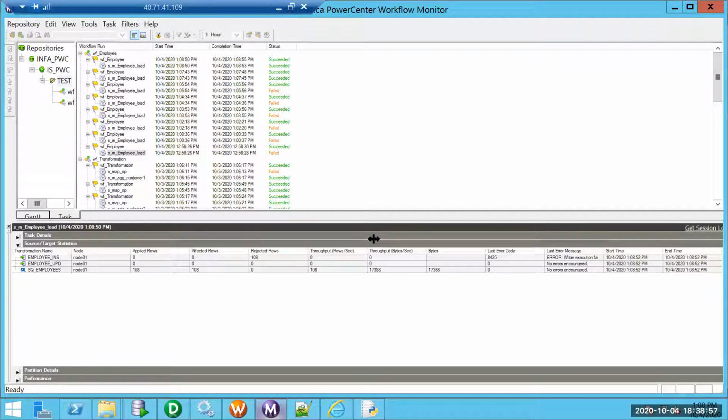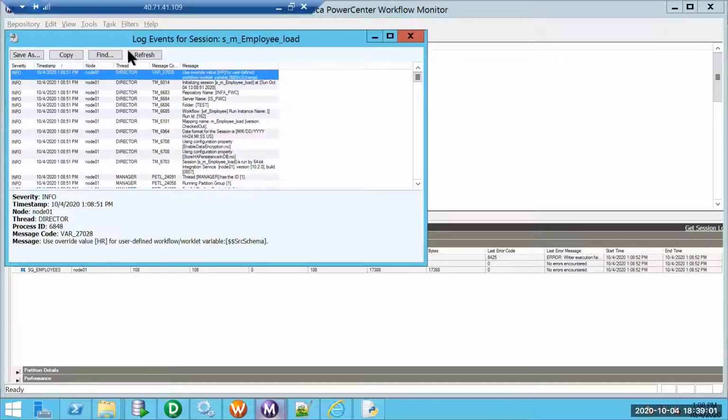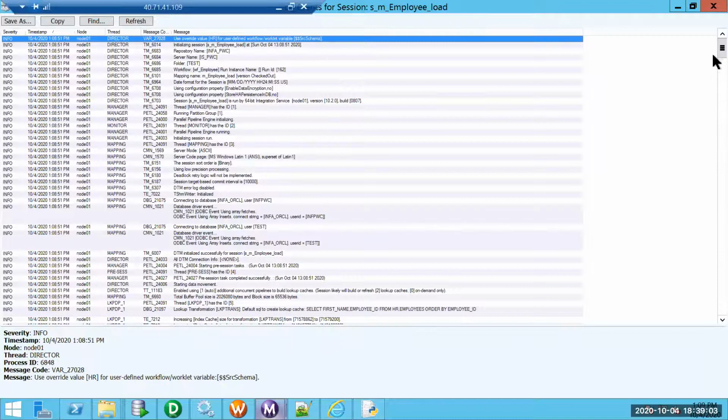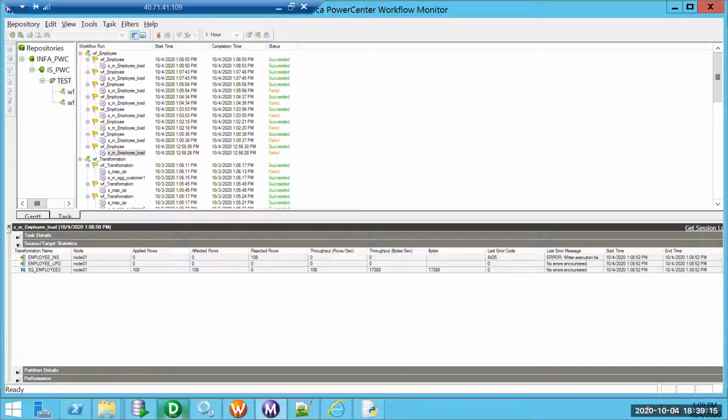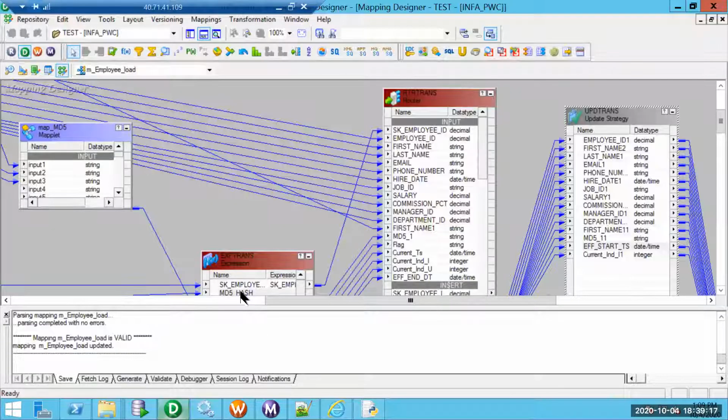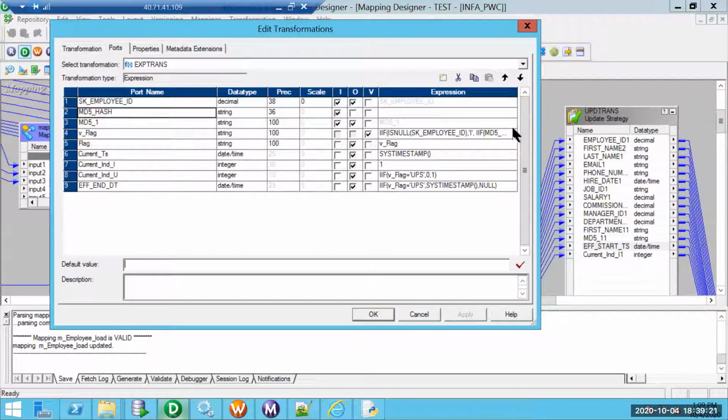Okay, so still 108 records got rejected. Let me see the reason why they have actually got rejected. Overflow, date time field. Date time field overflow. Okay, so instead of timestamp, what I'll do is I'll just make it sysdate here.